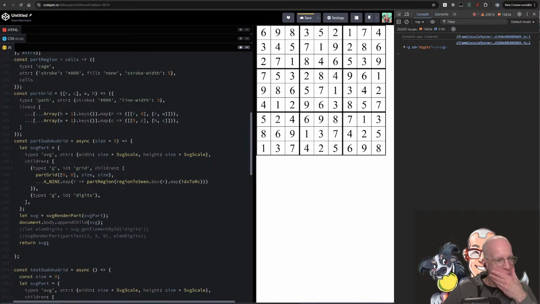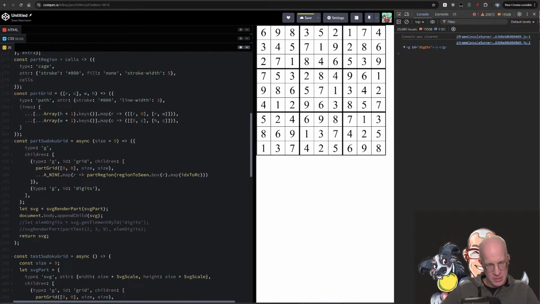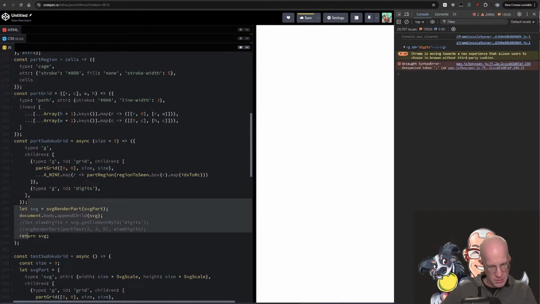And probably here, we wouldn't do this. We would put it inside a G, for example. We'll put it like a G. And then the G will have the children. And we'll have a digit group and a grid. And then this is not really an SVG part, right? So we're just gonna return that at this stage, basically. Don't do any of that stuff,